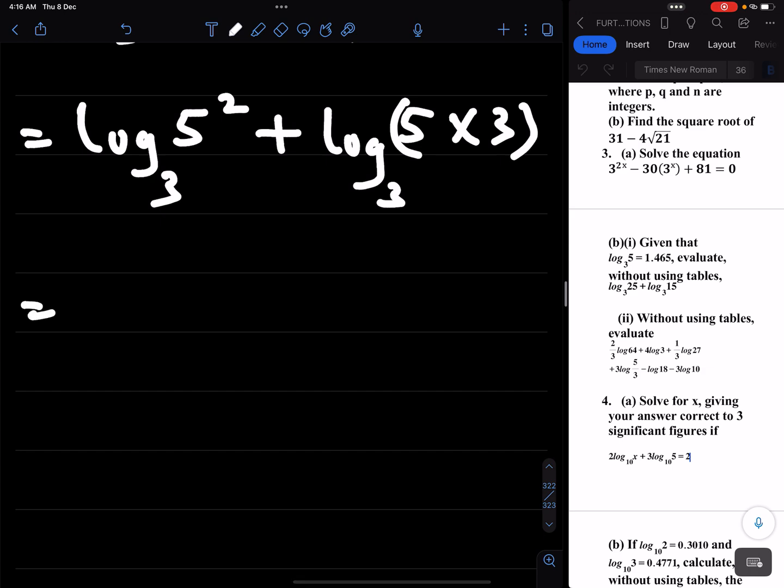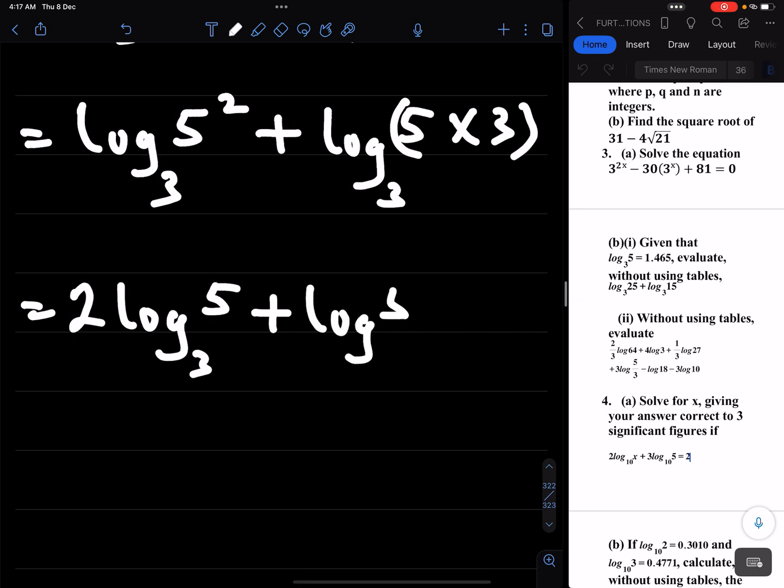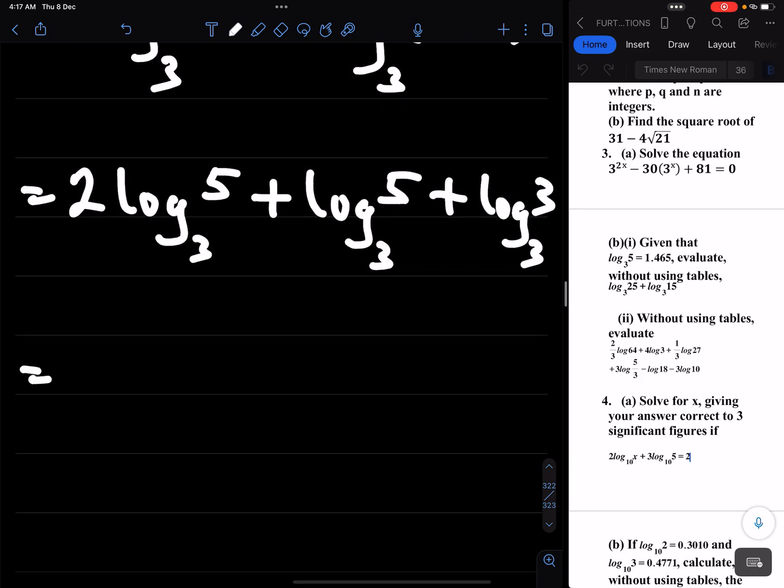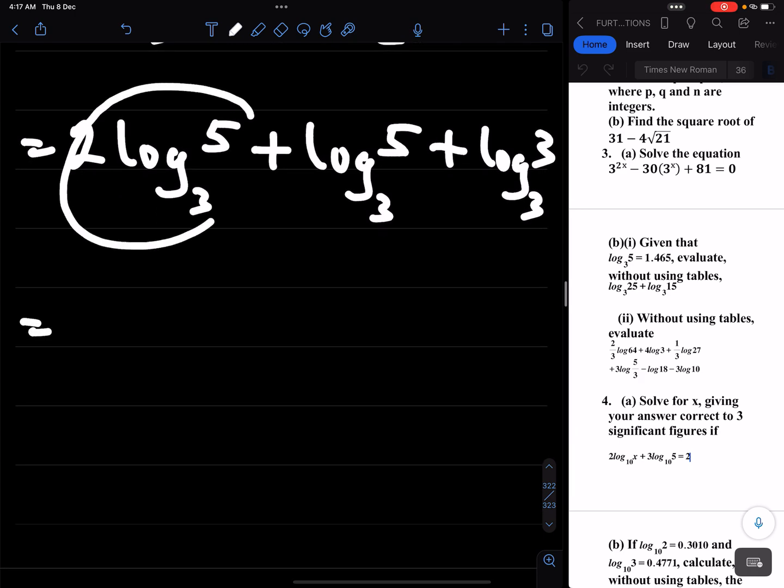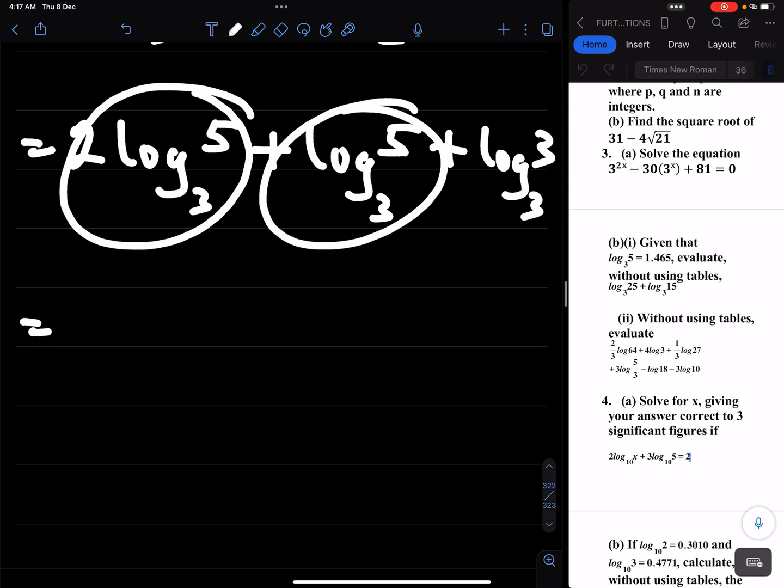And that's the same as 2 log 5 base 3 plus log 5 base 3 plus log 3 base 3. And that's simply 2 log 5 base 3 plus log 5 base 3, which is the same as 3 log 5 base 3